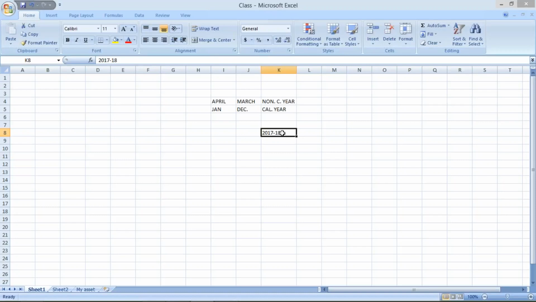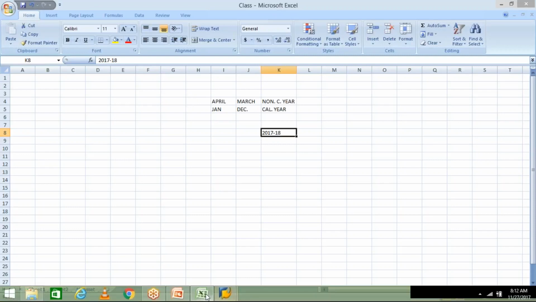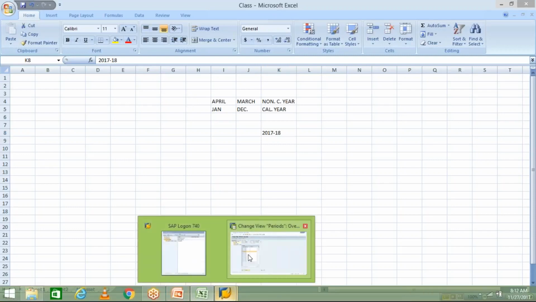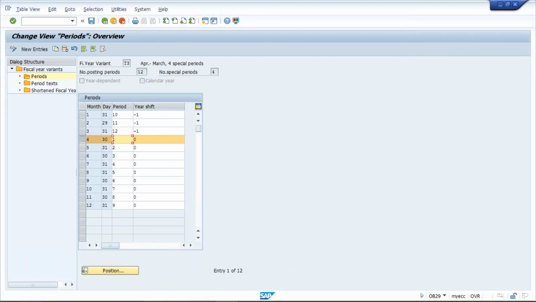So let's suppose it is for 2017 itself, because till December it belongs to 2017, and even January, February, March also are part of 2017 itself. But how will the system come to know? Because January 2018, February 2018 and March 2018,